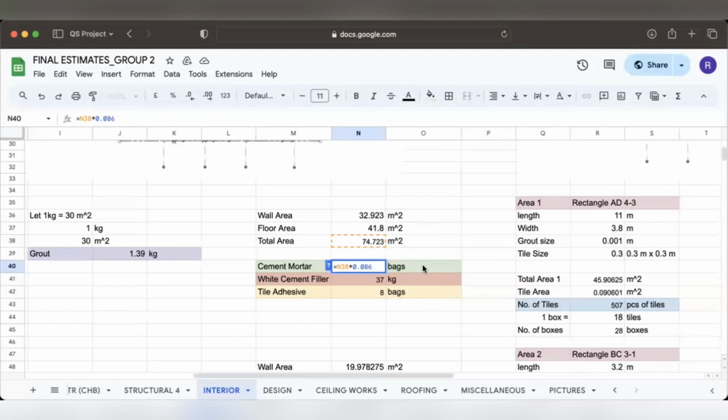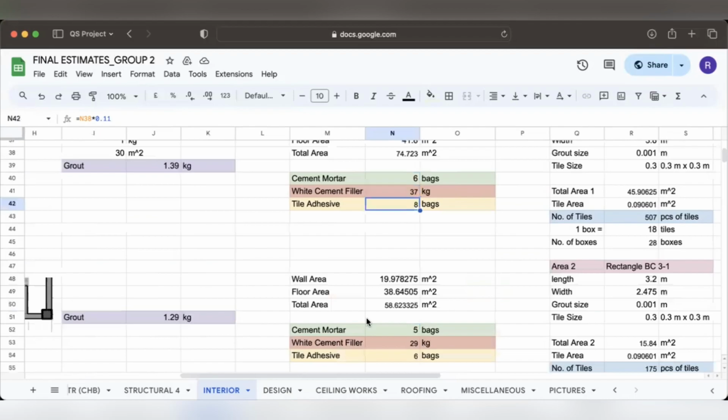which is 0.086 for bags. While for the white cement filler, total area times the standard for white cement filler, which is 0.5, and the tile adhesive is total area times 0.11 bags. That's why we'll be needing 6 bags of cement mortar, 37 kilograms of white cement filler, and 8 bags for the tile adhesive for area 1